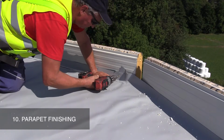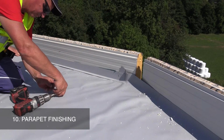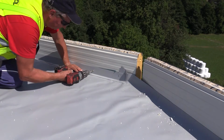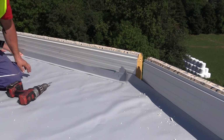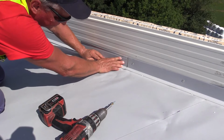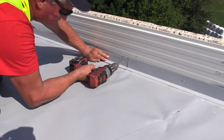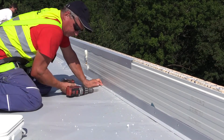The waterproofing membrane is ended around the roof perimeter by flashings made of plastic coated sheet metal profiles FATRAFOL. These components stabilise the membrane against internal forces and dimensional changes. In the parapet inner corner, the waterproofing membrane is brought to a vertical position approximately 50mm above the roof level and trimmed. Install an internal corner profile from plastic coated sheet metal and fasten it along with the membrane to